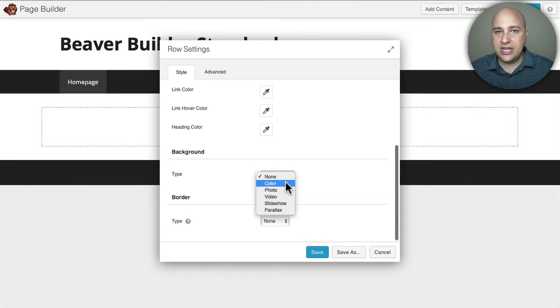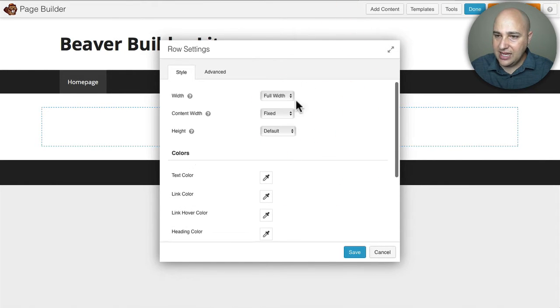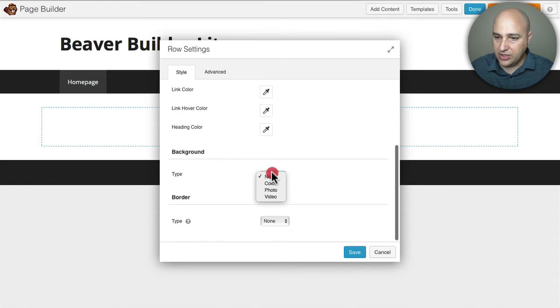Now, a slideshow is really, really nice. It'll just change the image to rotate through various images that you add, and it will have a different transition style, a different speed. I've implemented this and it's amazing. So we're not going to see the slideshow and the parallax on the light version. So if I scroll down, we don't have the parallax or the slideshow. So that's going to be one of the big differences.